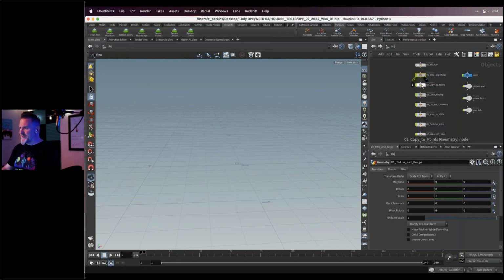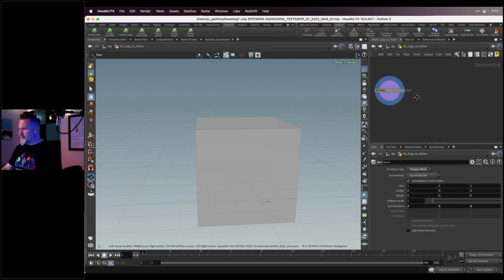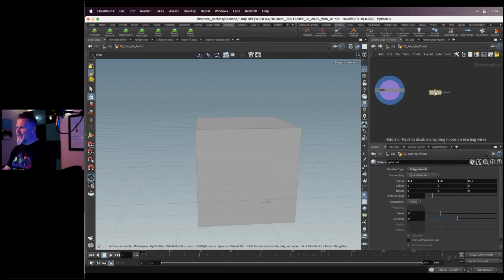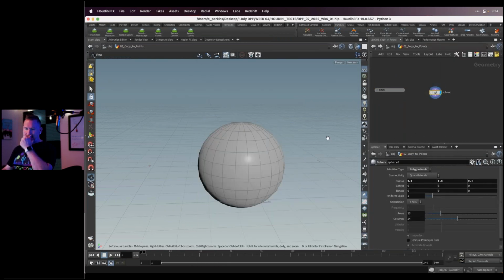Let's go to a different example here. Another concept. We're going to start ramping this up a little bit. So I want to show you another node that's very important, and also another thing. I'm just going to make a sphere here. Another thing that's very important about Houdini, and a lot of people are intimidated by the nodesness of Houdini. A lot of people are kind of like, oh, that's scary. But especially for those of us that are using Redshift or Nuke or DaVinci Resolve, the idea of nodes isn't scary. And also, if you are new to nodes, it doesn't actually take that long to get used to nodes in Houdini. That's not the scary part.